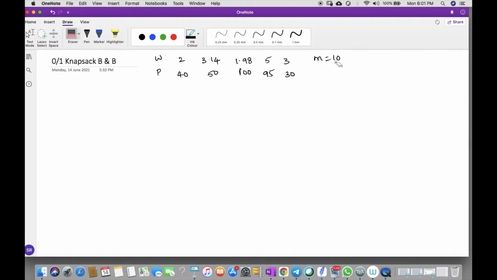So our first step is, these are the weights and these are the price saved, and this is the constraint on the total sum of the weights. So our first job is to order each of these items. Let us first name these items. Let us call them A, B, C, D, E. Let us order these items in the decreasing order of P by W ratio. So let me order them. I'll write it here: W and P.